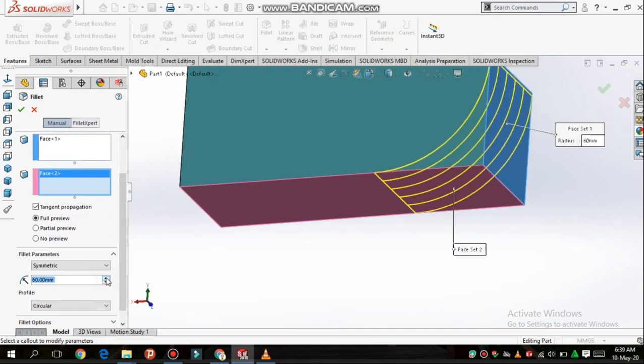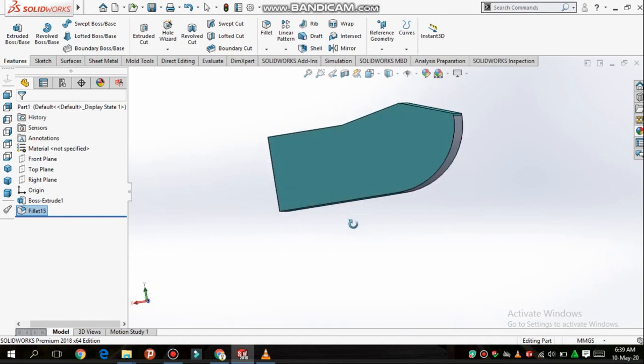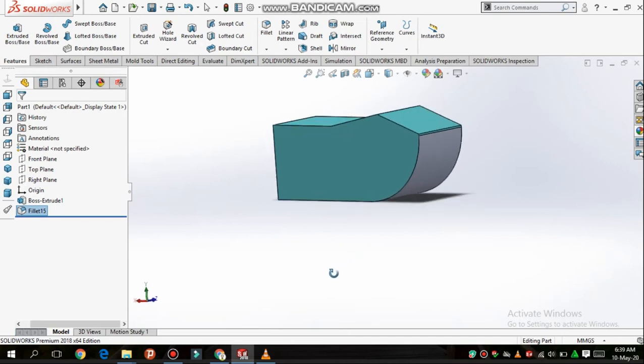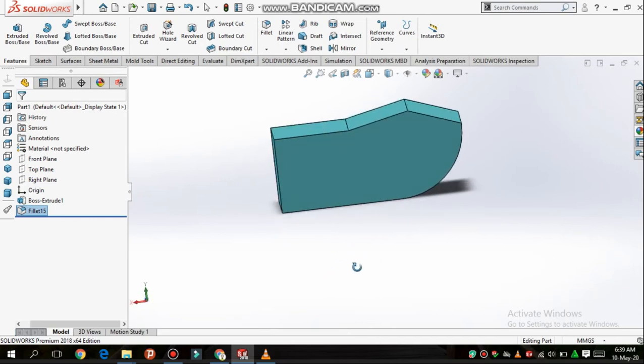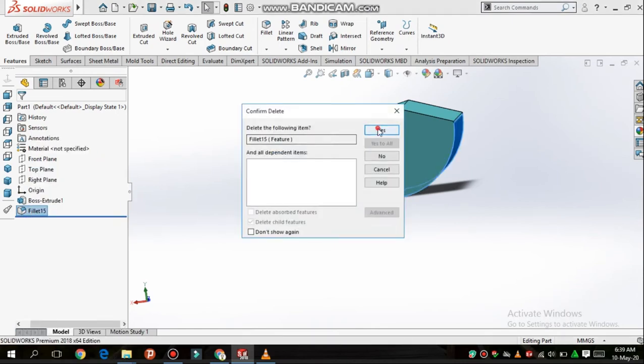Now you can see you can increase it up to that end of the face. Click OK. Now you can see fillet is created. You cannot create this type of fillet by using the simple constant or variable fillet.